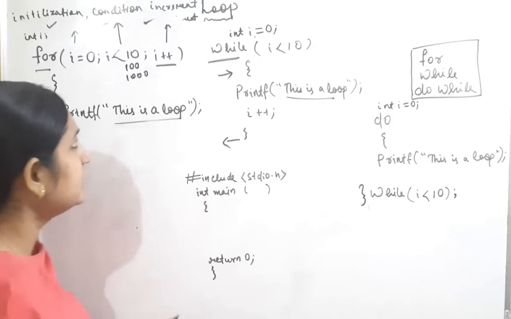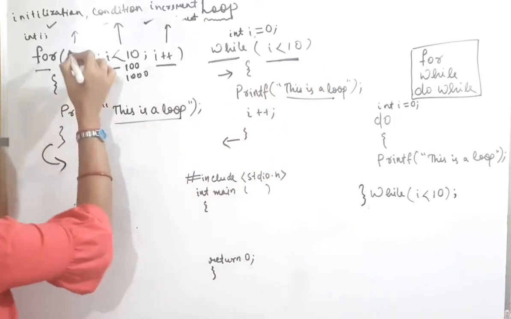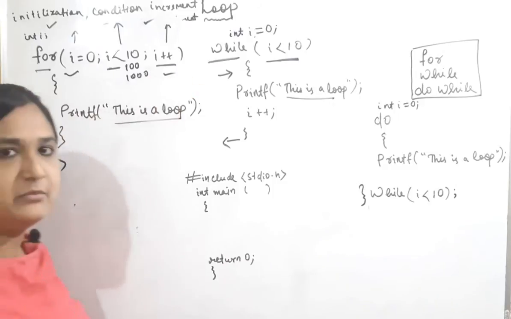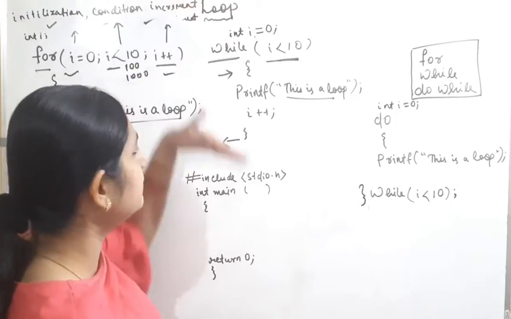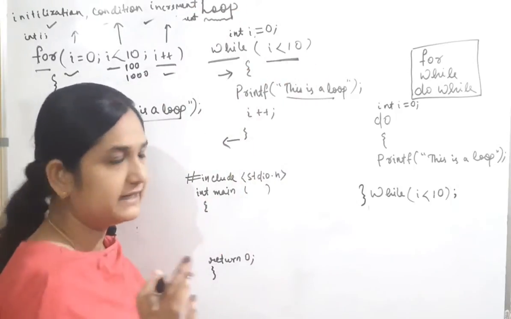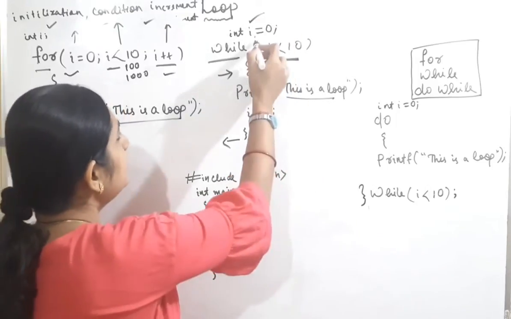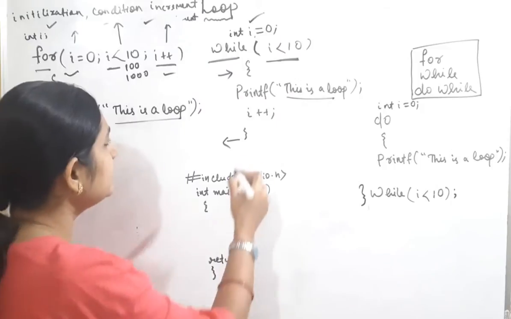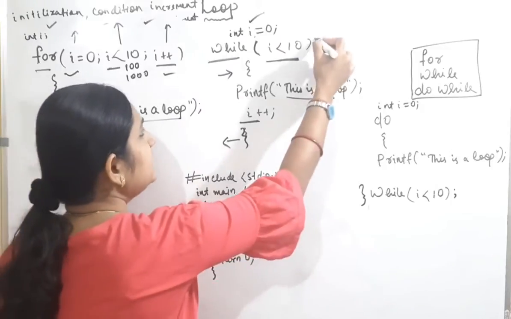One thing is that here the condition check is kept inside the bracket, but the initialization and increment part is not kept in a single line. It is written above and below. Okay, the condition check is written inside the while bracket and the initialization part is written above the while loop, and the increment part is written inside the body of the while loop, but not in a single line